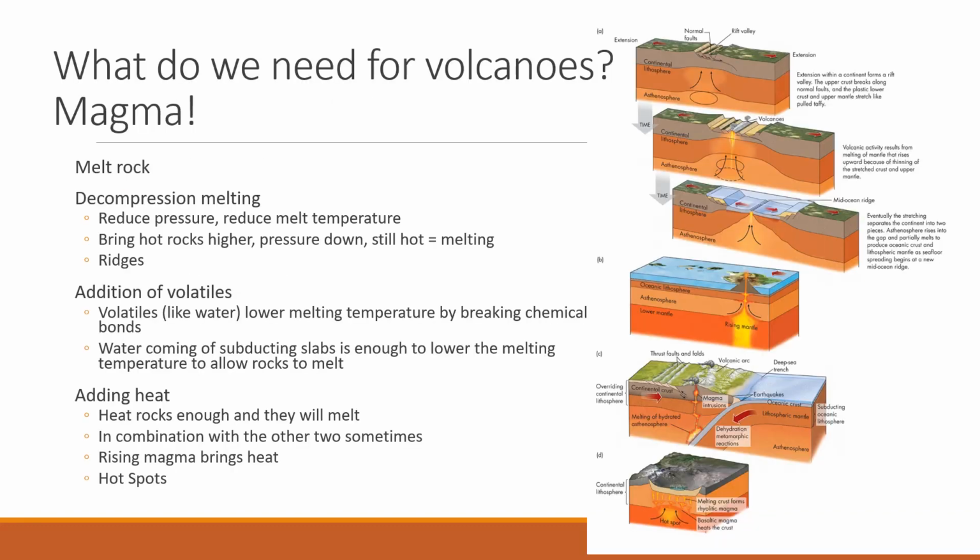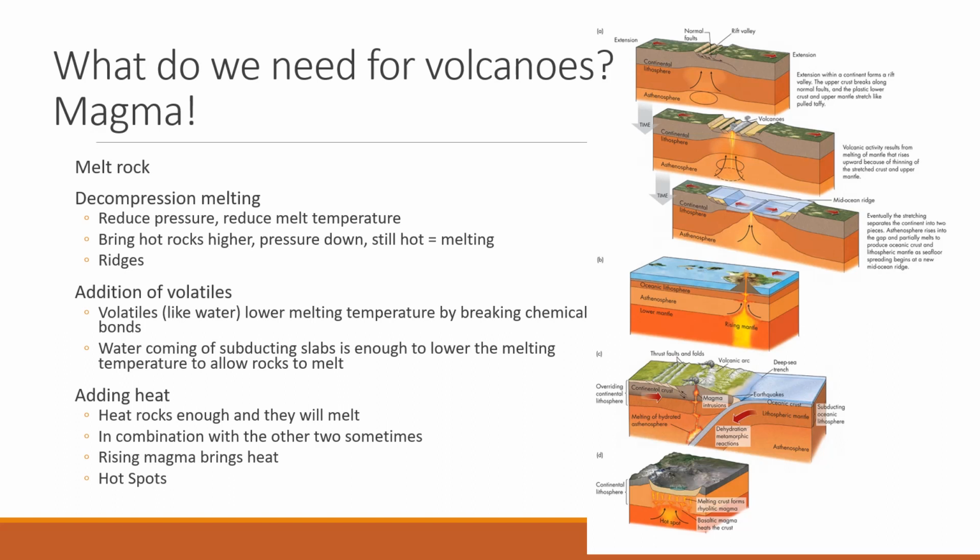So what do we need for volcanoes? We need magma. So we have to melt rock. So we can do this in three ways. I talked about this during the Rocks Week. We can have what's called decompression melting. So decompression melting is where we're going to reduce the pressure, which means that we're going to reduce the temperature necessary to melt. If we bring rocks higher, so we bring them from depth where it's hot to a shallower